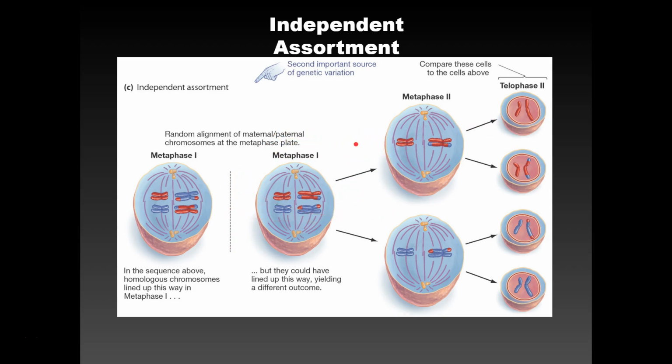And like I said, I'm going to do this again on the board just because it's an important idea and it's a little bit difficult to think about. Just want to make sure everyone gets that. So the first way that we've gotten an increase in genetic diversity was via crossing over, and now independent assortment is adding more diversity to this.